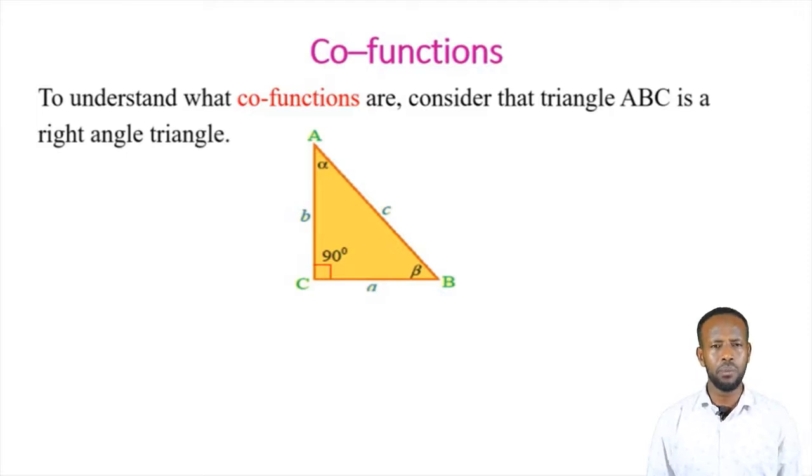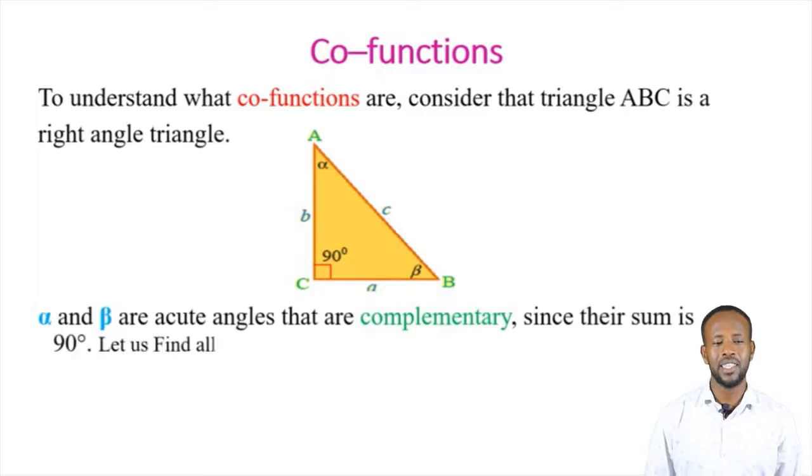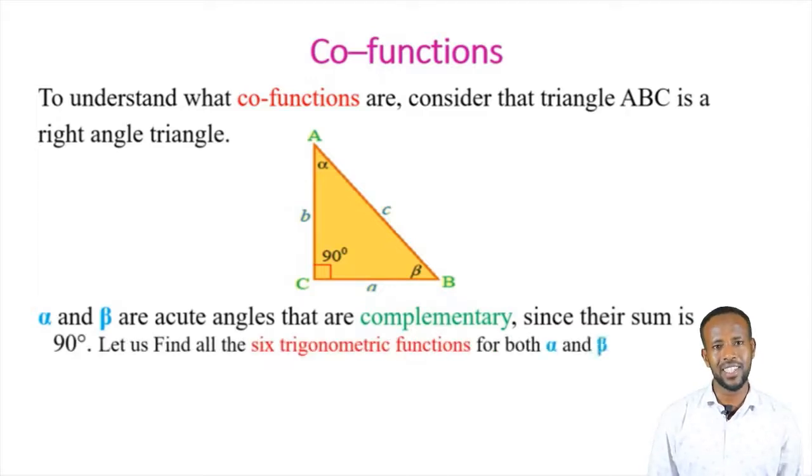Do you remember the name we give angles that add up to 90 degrees? Yes, they were complementary angles. Here alpha and beta are acute angles that are complementary angles since their sum is 90 degrees. Very good. Now to understand what cofunctions are, let us find all the trigonometric functions for both alpha